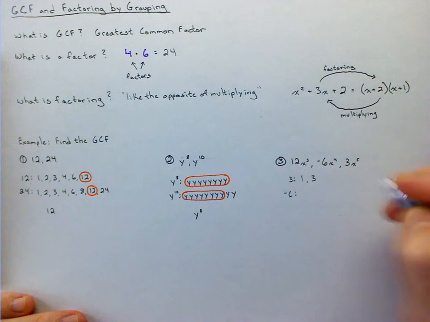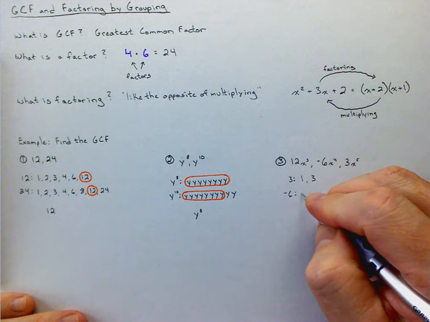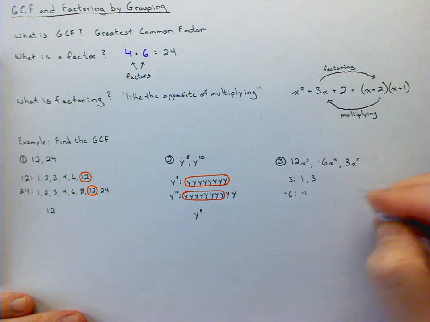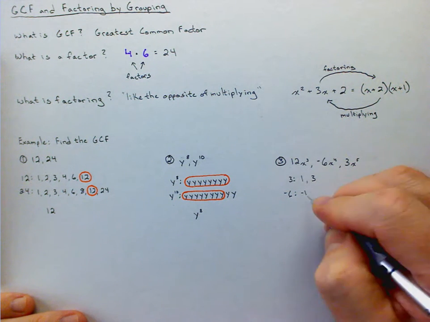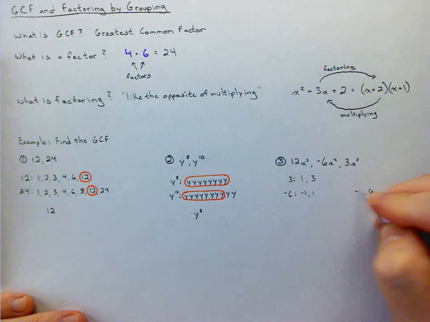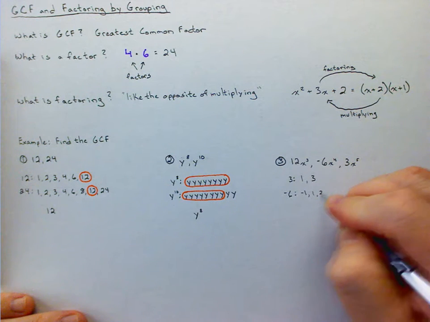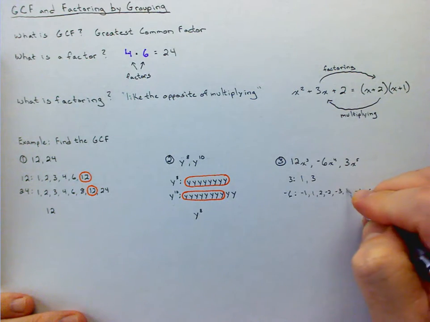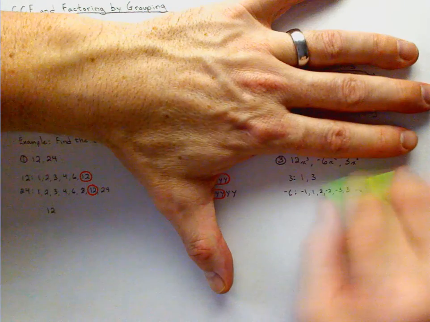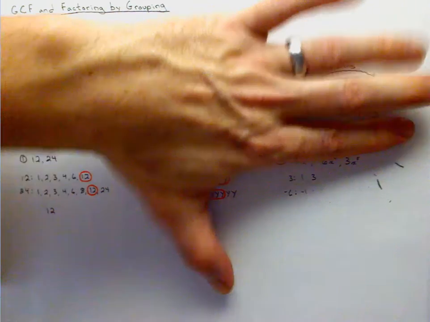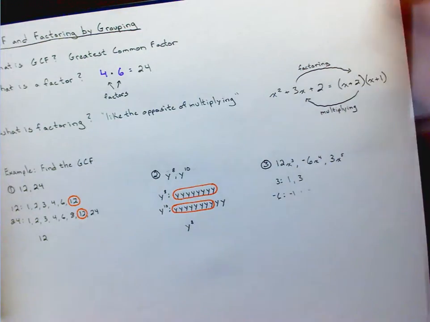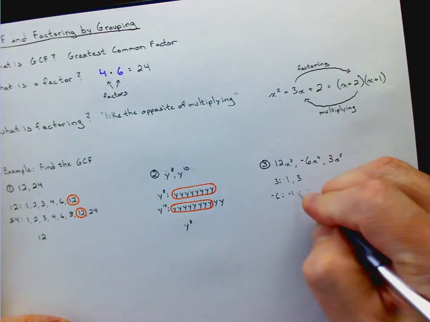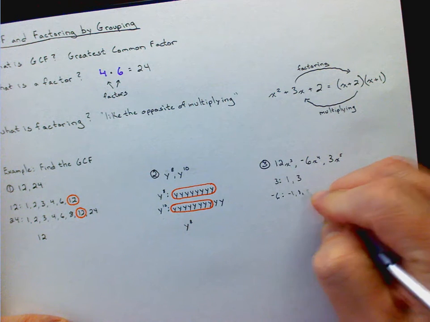Now this is where it's tricky because I can have a -1 and 6, or I can have 1 and a -6, and I can have 2 and a -2, and I can have a -3 and 3. Here, let me rewrite this to write it more clearly. In essence, in order to get